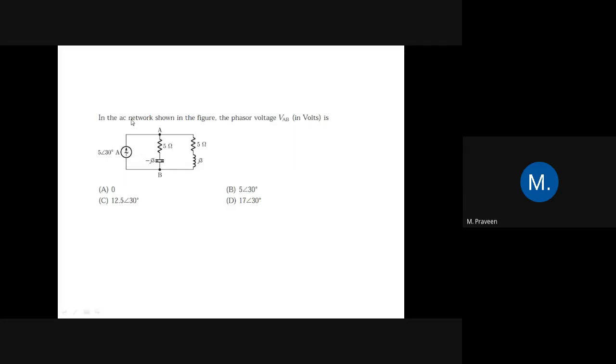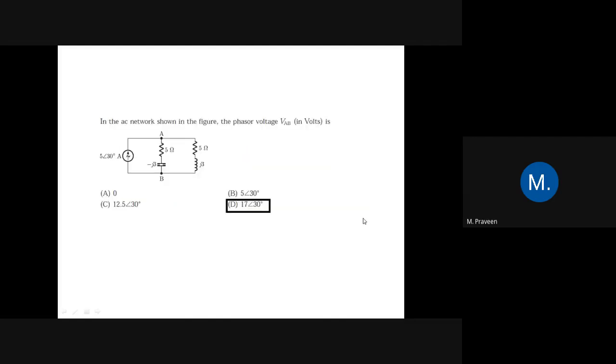So now we got 3.4 as the impedance, and next we have to find the voltage across AB. Okay, so now we got the impedance, and already the current value is given, which is 5 as magnitude and 30 as phasor value. So we all know the formula for VAB. So V is equal to IR. So here instead of R we have Z. So V is equal to I into impedance.